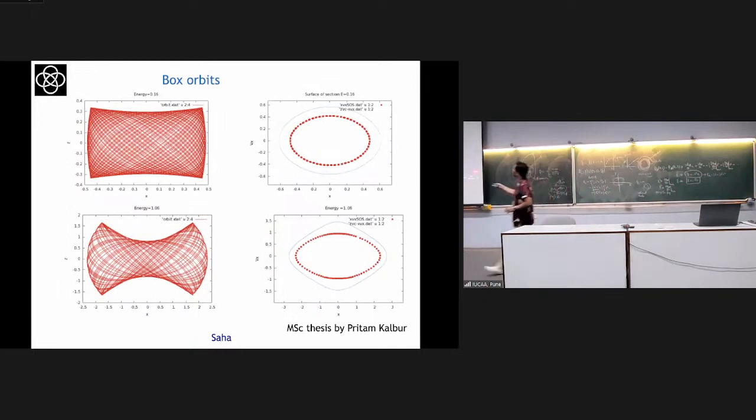So these are the typical box orbits. This is done in x dot versus x, which is the phase space. x dot is the velocity in the x direction. You see, these are bounded. Then, if I change the energy of the orbit, it becomes a little bit pinched. Okay, box orbits are very important because